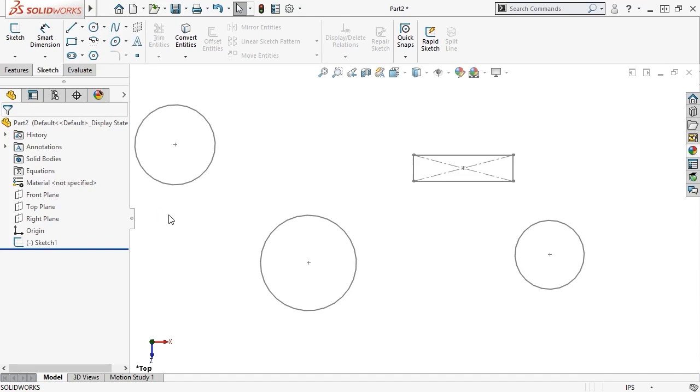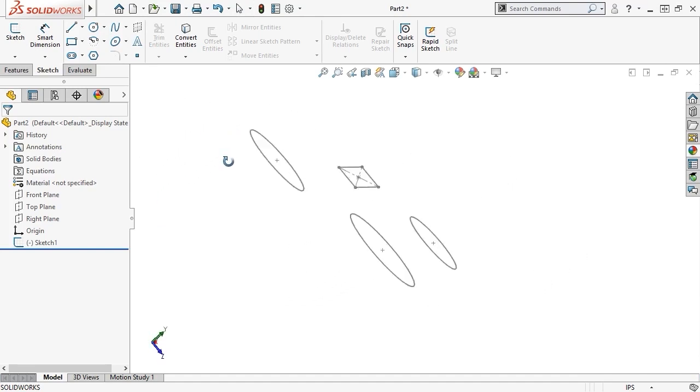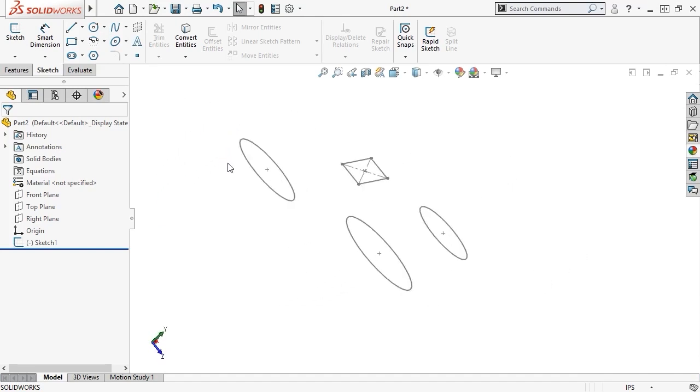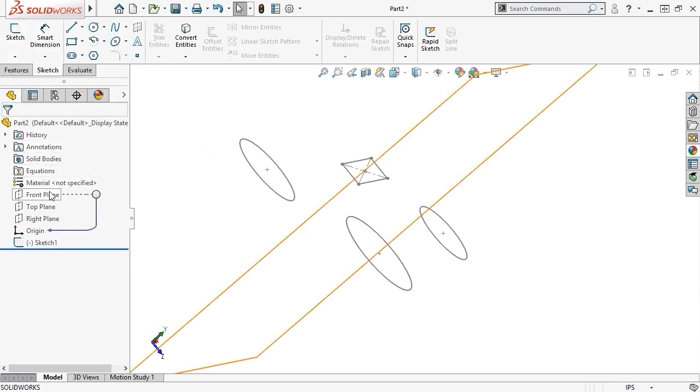Now, I had originally created the first sketch on the top plane. What if I wanted to create a sketch on the front plane? Well, I could select the New Sketch icon and then choose the front plane. But since I already know I'm going to sketch on the front plane, I can simply click on the front plane from the feature tree, and from the context toolbar that appears above my cursor,